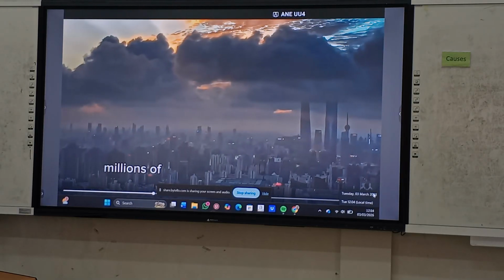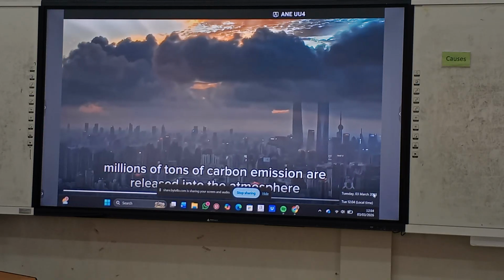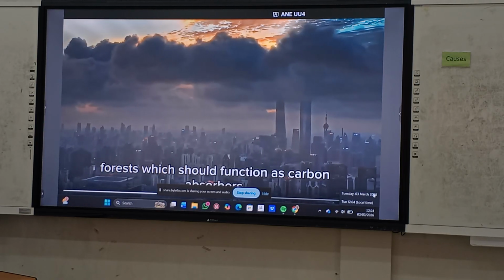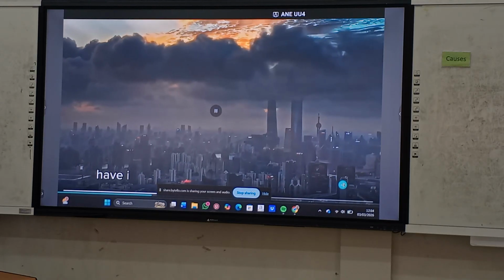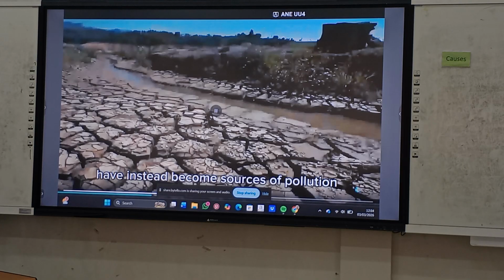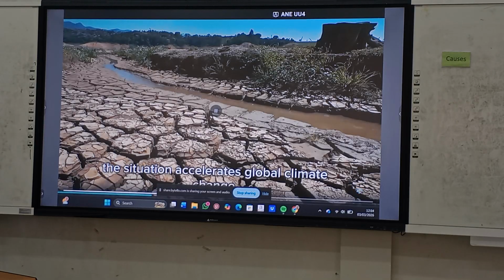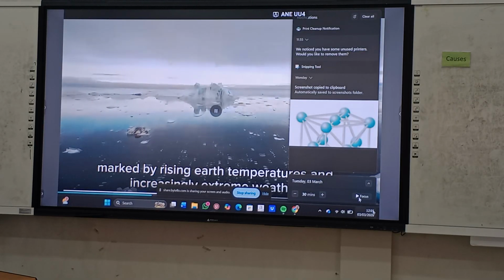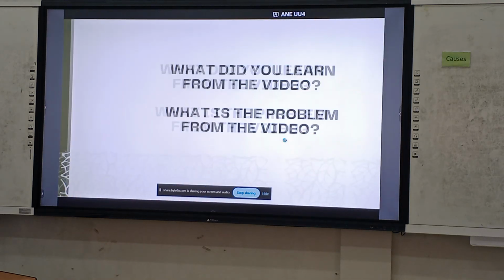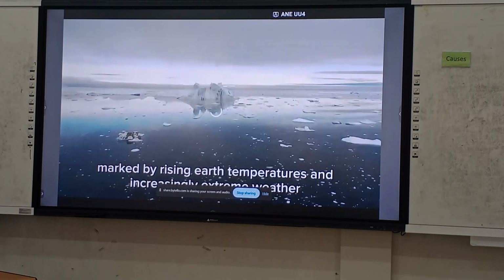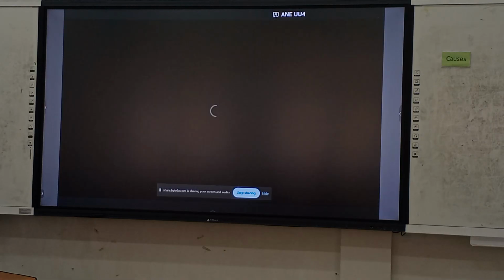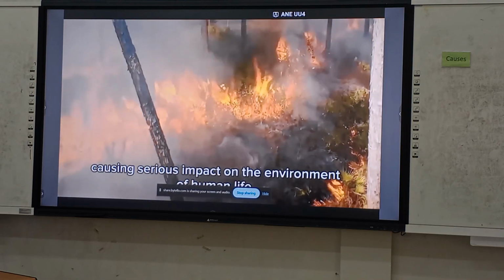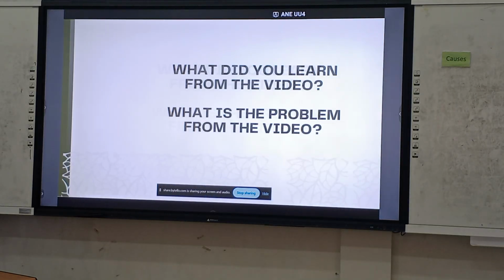As a result, millions of tons of carbon emissions are released into the atmosphere. Forests, which should function as carbon absorbers, have instead become sources of pollution. This situation accelerates global climate change, marked by rising earth temperatures and increasing